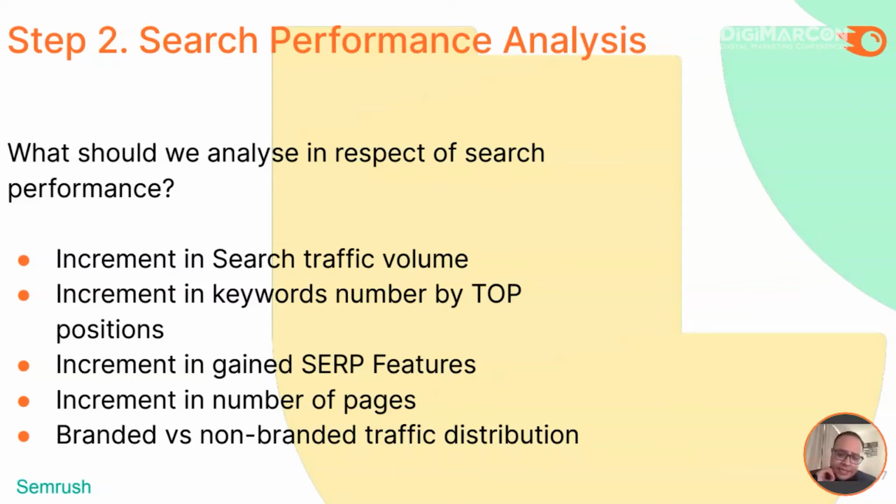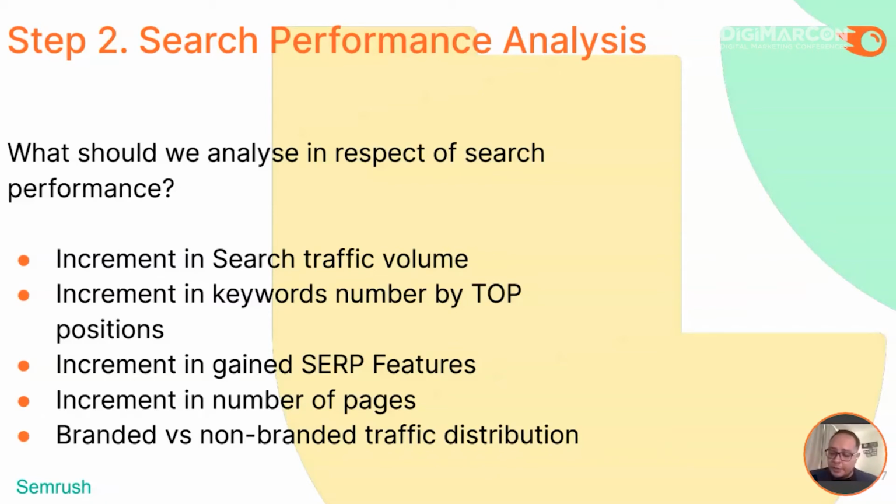If you remember from the last presentation, when someone is doing research on a search engine like Google, you're going to see, for example, a map or some graphs or some videos or some additional information gathered by questions. All those results are search features, which belong to the search engine. The number of these search features that belong to a company as part of their results are the so-called search features. We need to see how many of them they gain.